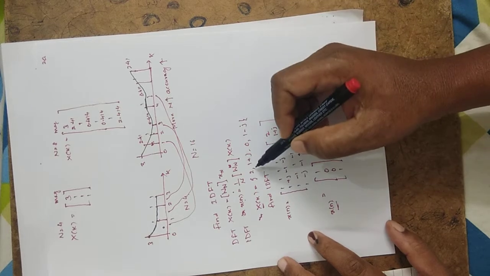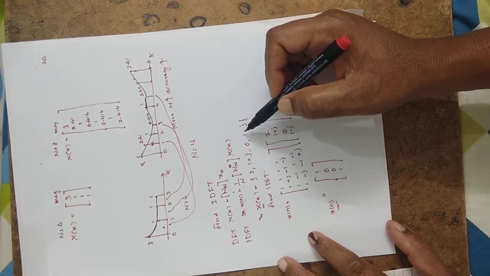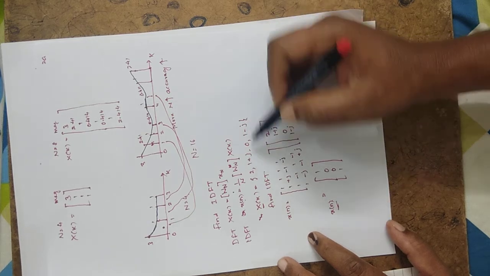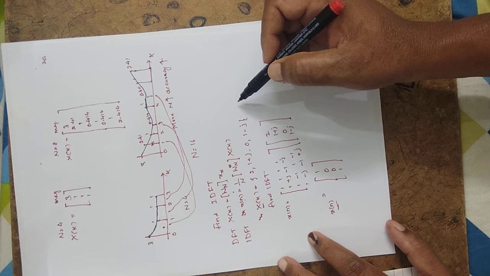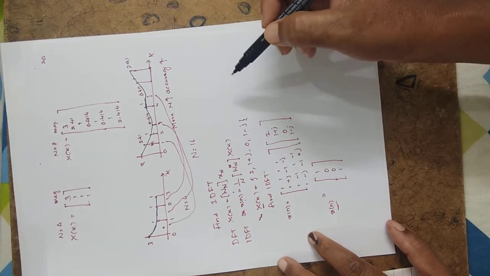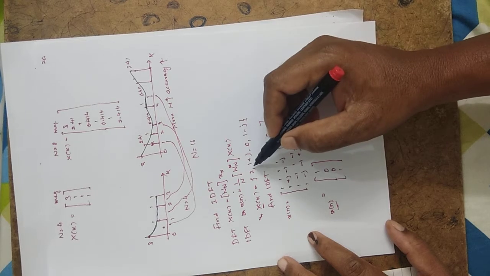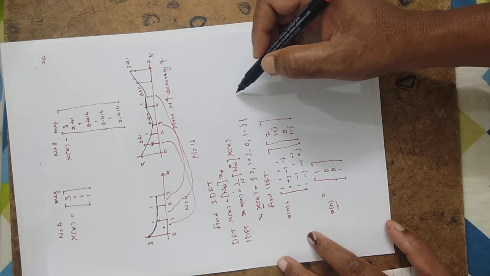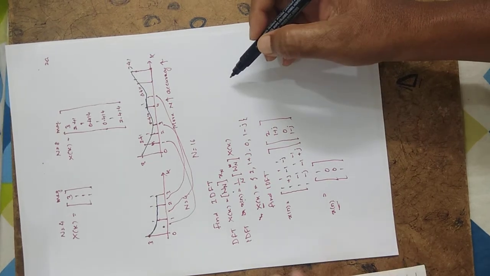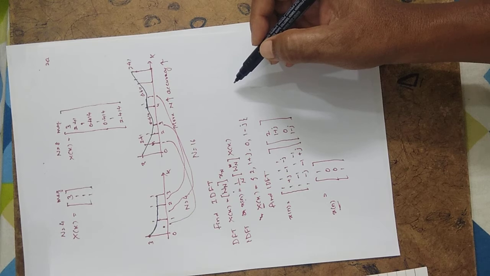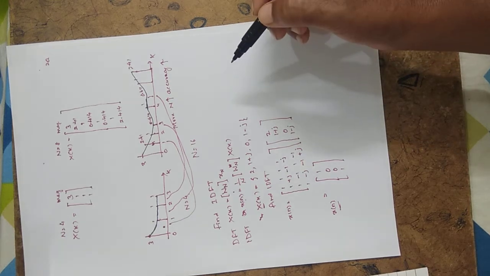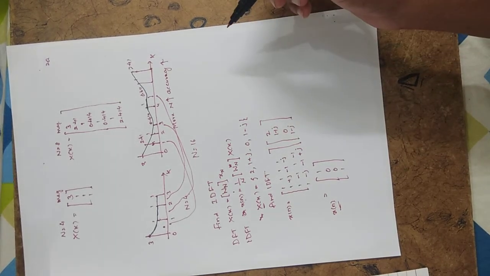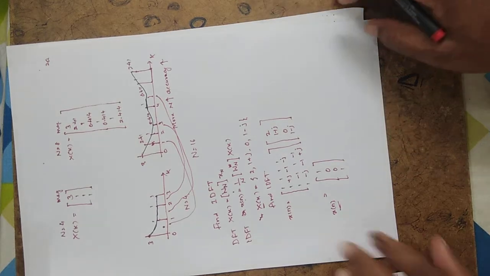So they will give you the sequence. They may ask you to find the IDFT. If a sequence of length 4 is there, you have to find the 4-point. If the sequence length is 5, then you find the 5-point DFT, 6-point DFT, or 7-point DFT. If they give a sequence of length 4 or 5 or 6 and ask to find the 8-point DFT, then accordingly you have to append zeros. If the length is 4, append 4 zeros. Length 5, append 3 zeros. Length 6, append 2 zeros. If the length is 7, then append 1 zero to make it 8.